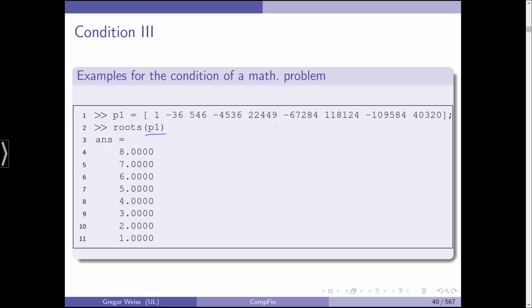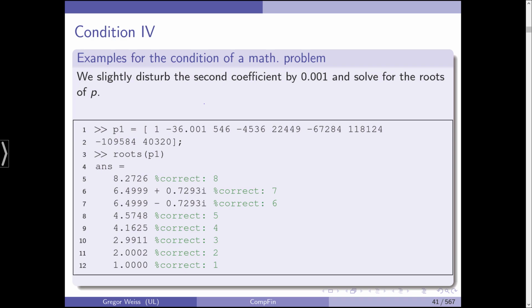Now let's change one of the coefficients just slightly. So we introduce a very, very small error here. It's very tiny, and now we solve again for the roots. And as you can see, 1, 2, 2.99, 4.16, 4.57, we suddenly get 2 complex numbers, and we end up with 8.2726. So a very small disturbance in the second coefficient throws MATLAB completely off, and we have a huge error